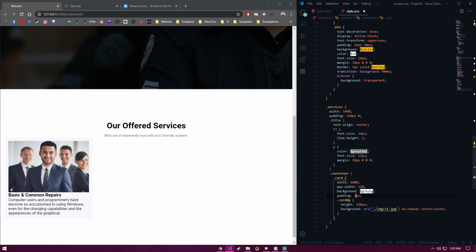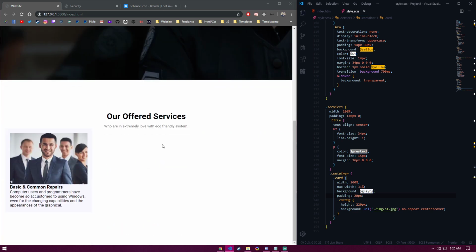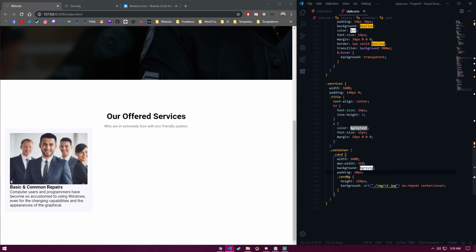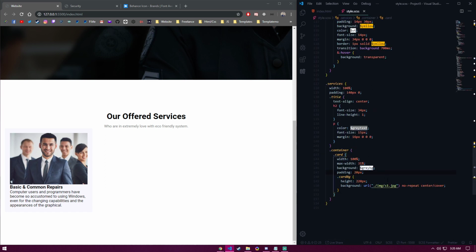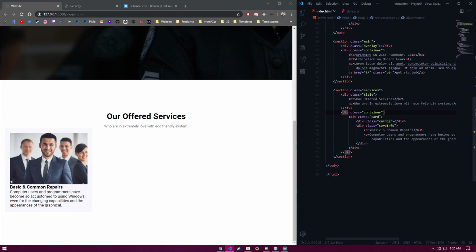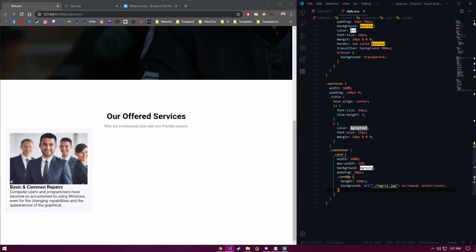A bit more, I think. 60. Not sure which one. Around 20. And what else do we need here? Let me see. We need more cards, but let's style the text first. So we have card info, H3 and a paragraph. So under this,